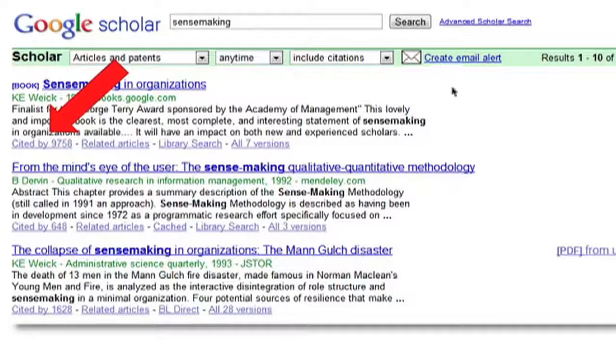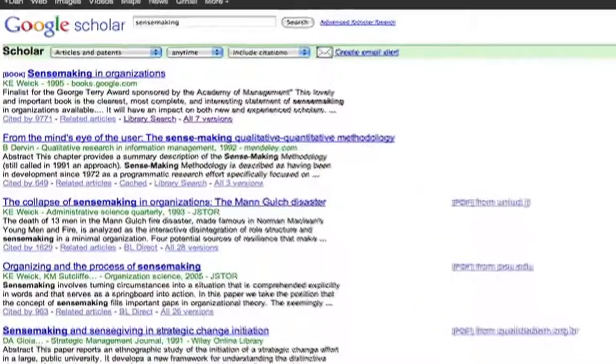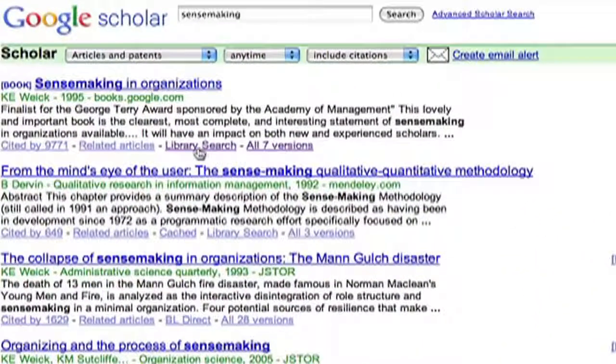But you can also see right next to it is this thing called related articles. Related articles are articles that are not necessarily linked to or cited by this particular paper, but are topically related. So in essence, this is a way for you to expand the range of topics that you might explore on this particular subject. And the library search link that you see below